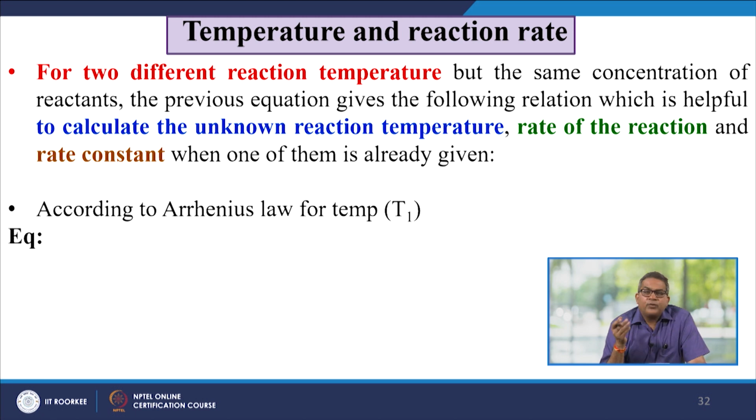Now for two different reaction temperatures but the same concentration of the reactant, this particular equation gives different relations which are helpful to calculate the unknown reaction temperature, rate of a reaction, and rate constant, when usually one of them is already given. Now according to Arrhenius law, for temperature T1,